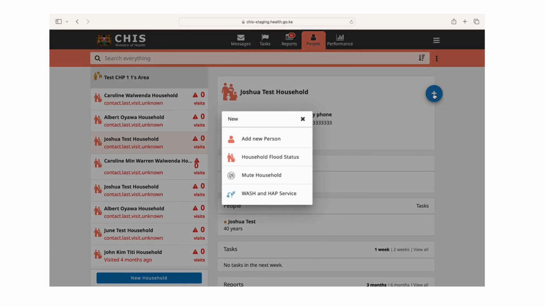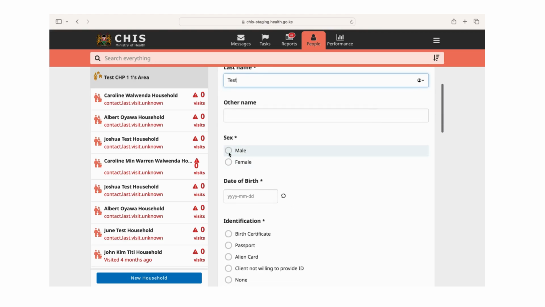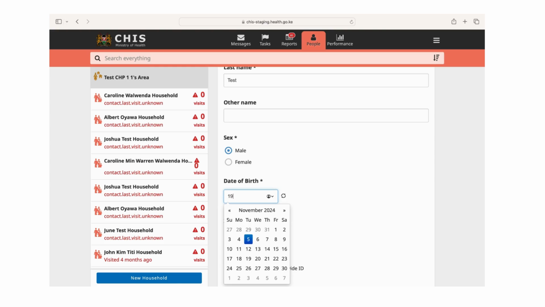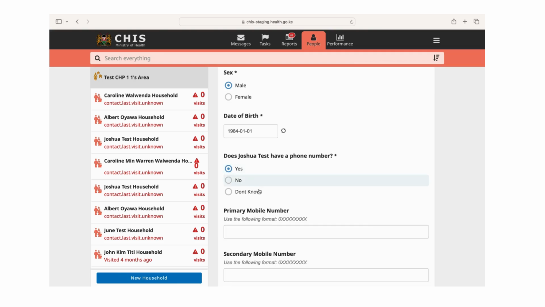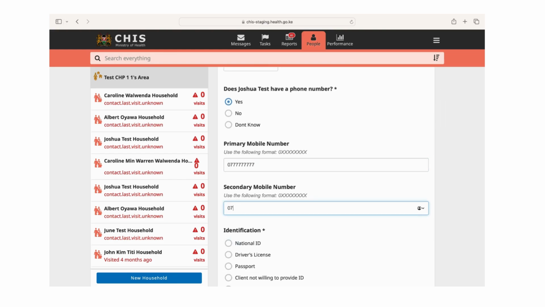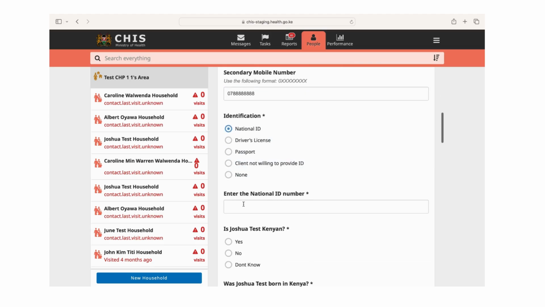After creating the household, the community health promoter creates a member of that household and equally enters the details. In this case, our patient is Mr. Joshua Test. The details include the patient's national ID, including their address, as well as their next of kin,